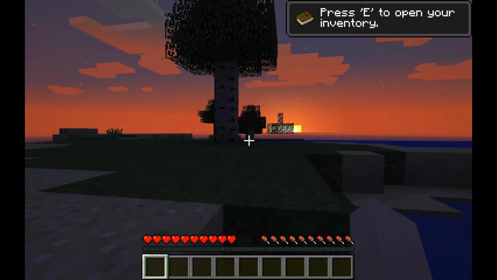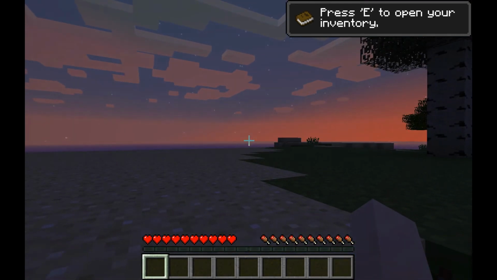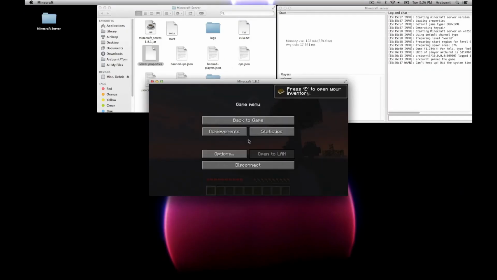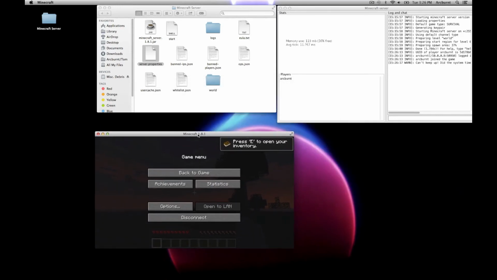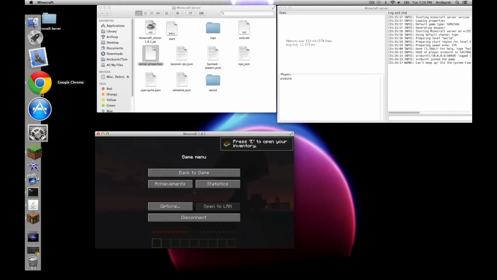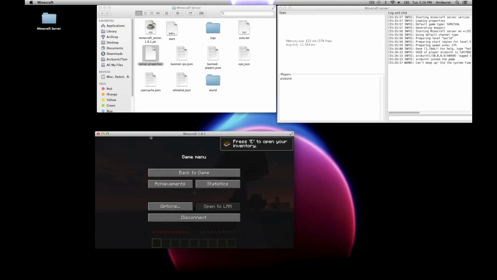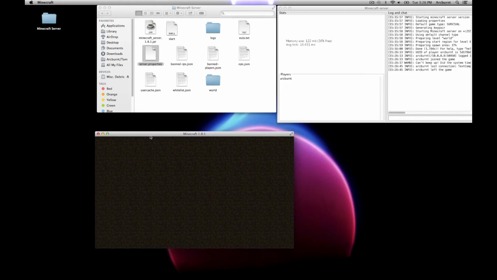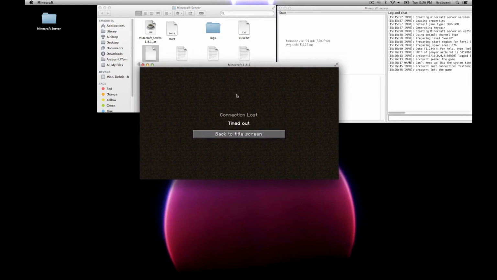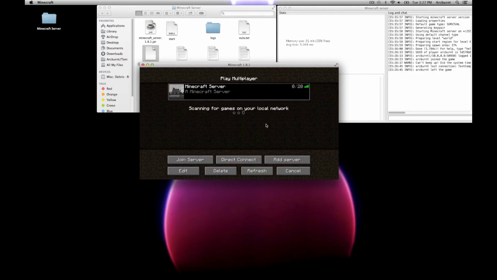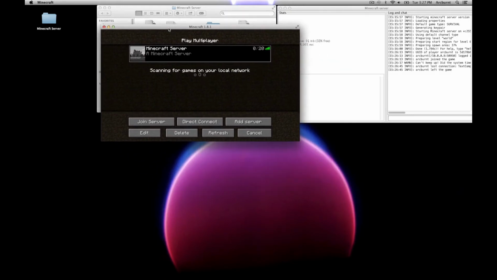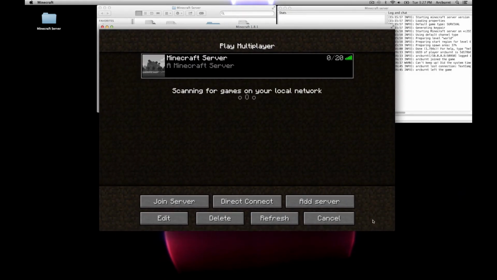So what we need to do is, I'm going to go ahead and we'll just minimize this. I won't exit out of it. What we need to do is give your friends that IP number where you typed in whatsmyip.org. Oh, here's one of the issues we just ran into. Connection lost, timed out. Back to title screen. Go back to the title screen. So now I don't know the reasons why I timed out. All I know is that I did, and